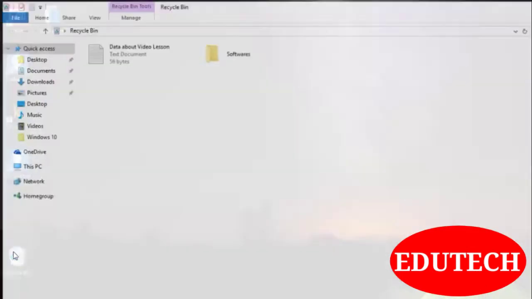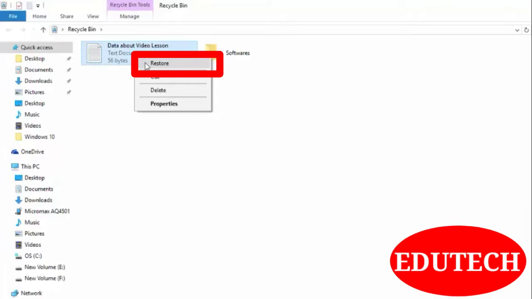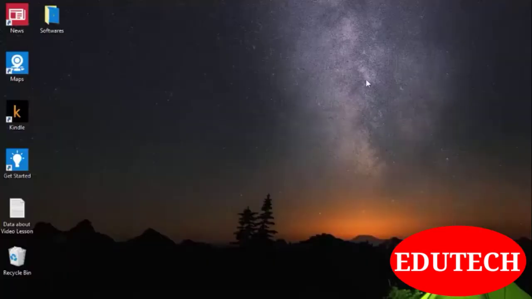So go to the Recycle Bin and you will find whatever files are deleted there. To restore this file, I'll right click on it and select the Restore command. So you can see the file is recovered.